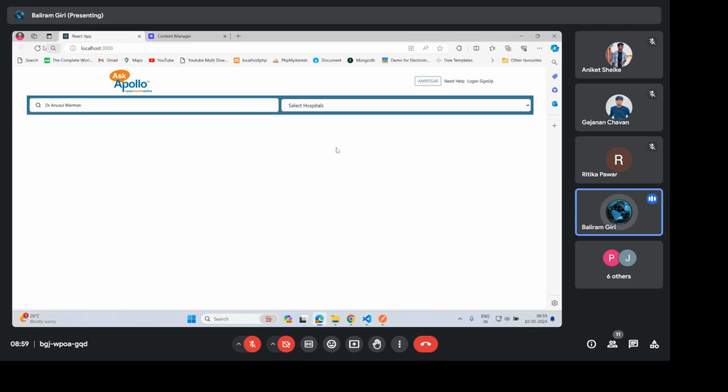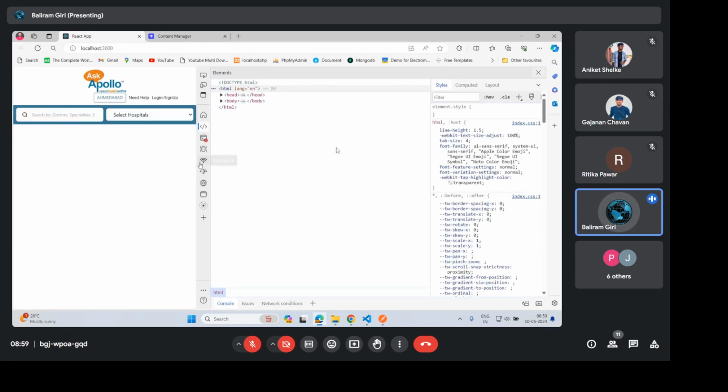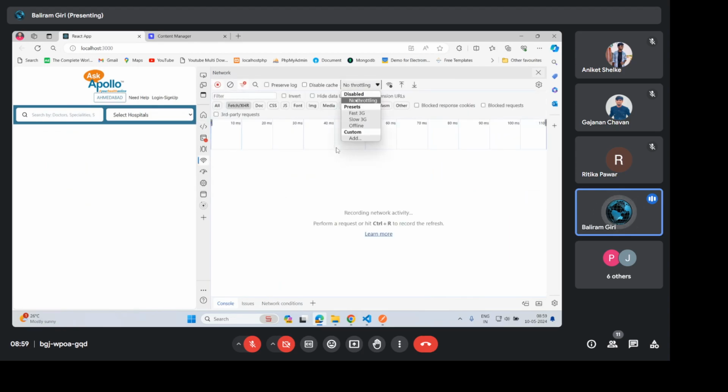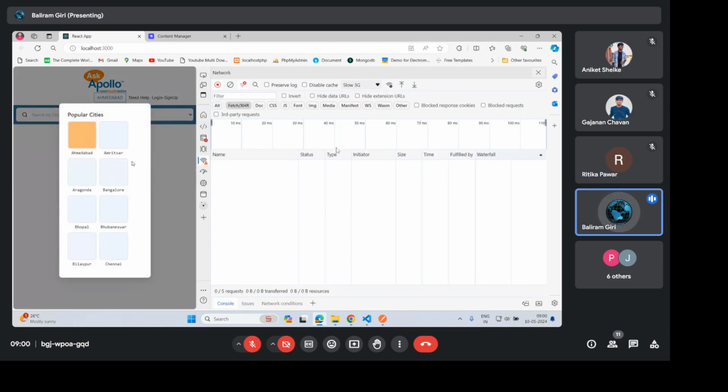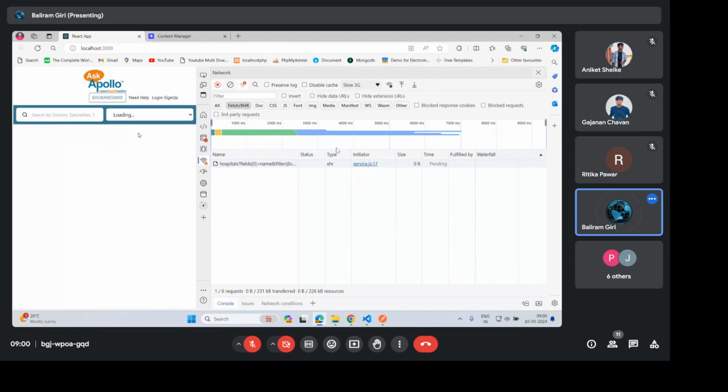Go here. When I do refresh, you see now loading was there, right? If I show it to you in this network tab, do this fast 3G. Sorry, do slow 3G. Okay, and just you notice here Ahmedabad, right? Now I'll select only which one? This Bhubaneswar. Okay, let's see. When I select it now, see loading coming, right? And now finally came. डन।